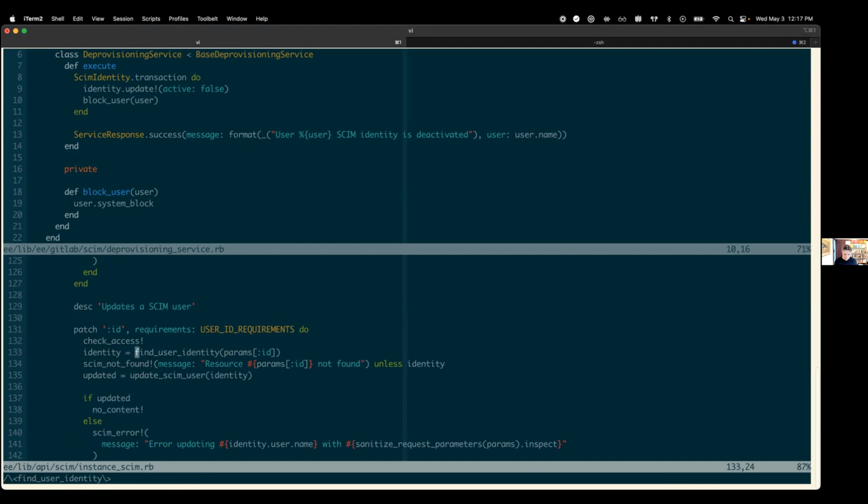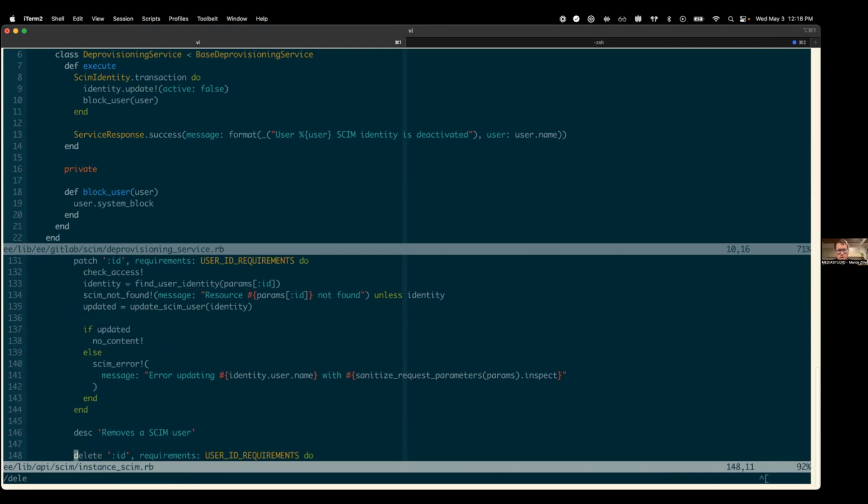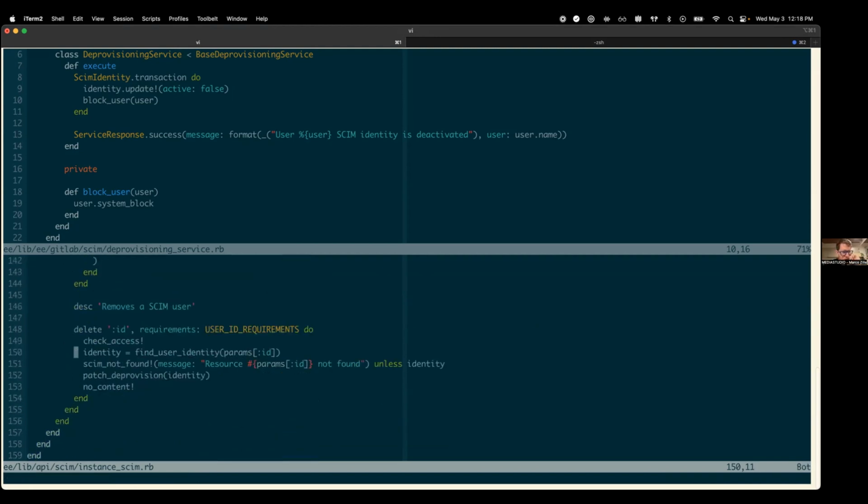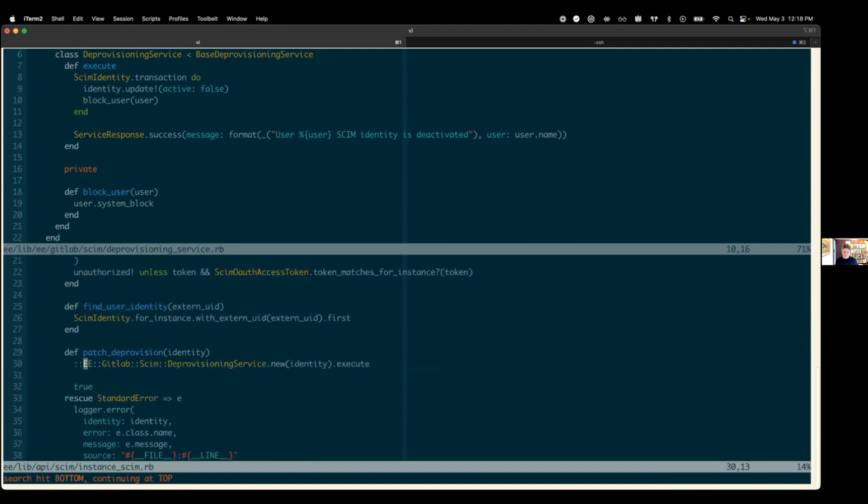That's for so delete. Okay. Back to delete. So it doesn't... Nothing here obviously is deleting the SAML identity, right? Because it's just finding it. It raises a not found error if it doesn't find it, and then it calls patch deprovision, which goes to